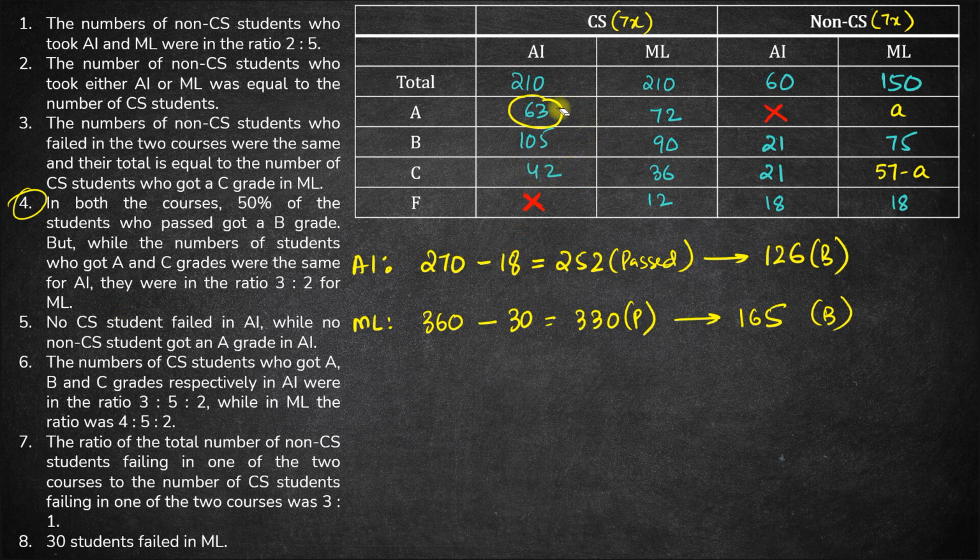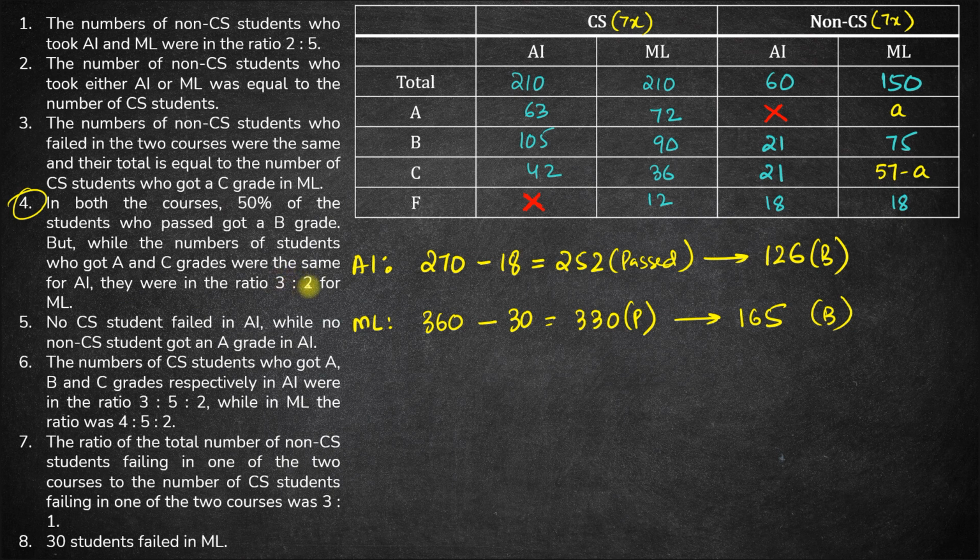This was already known to us. So this is correct. So far, that pretty much means that we are solving it correctly. So the number of students who got A and C grades were the same in both these courses together, in both these CS and non-CS students,